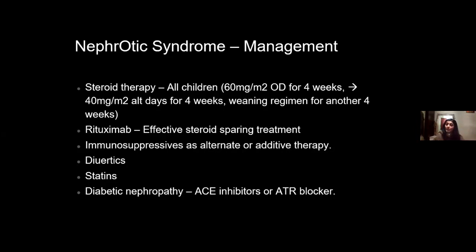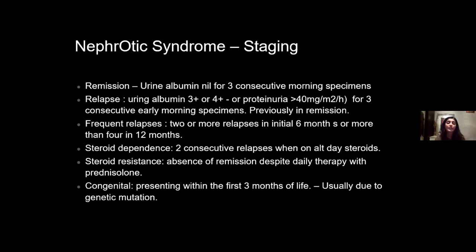So we would give them diuretics to help them lose all this extra fluid that they've been retaining. Statins to help with the hypercholesterolemia. And if it's diabetic nephropathy specifically, then we treat them with ACE inhibitors or angiotensin receptor blockers. So that is nephrotic syndrome. And we have different stagings of nephrotic syndrome. So once we have no proteinuria for 3 consecutive mornings, that child, or that adult, is then